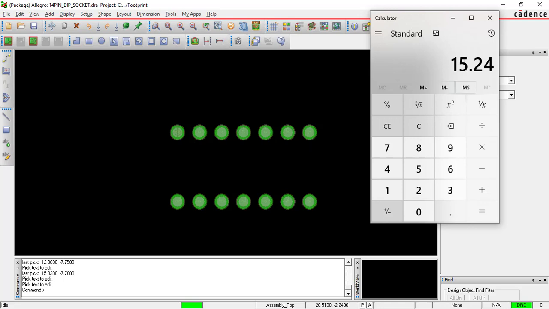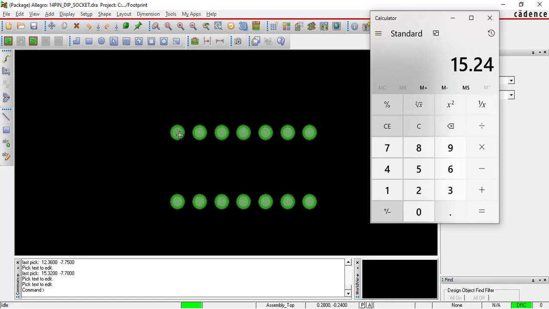And what was the vertical pitch? 7.62. Okay, 7.62. So right here y equals to 7.62.